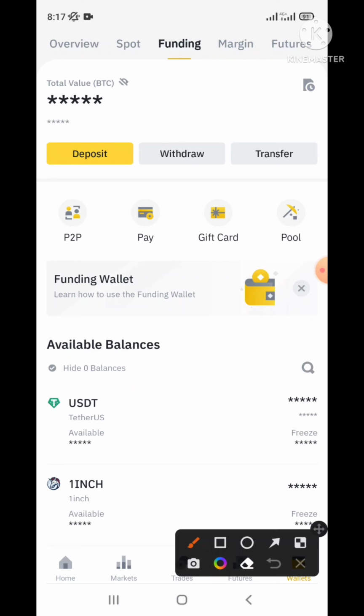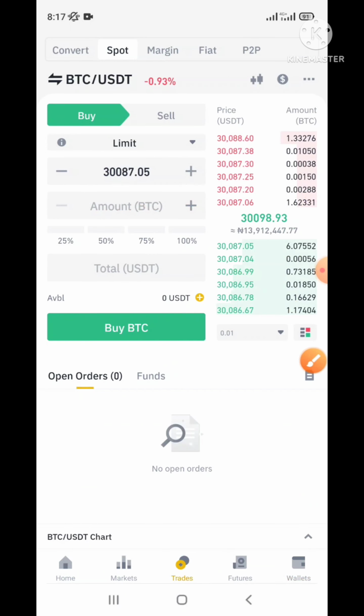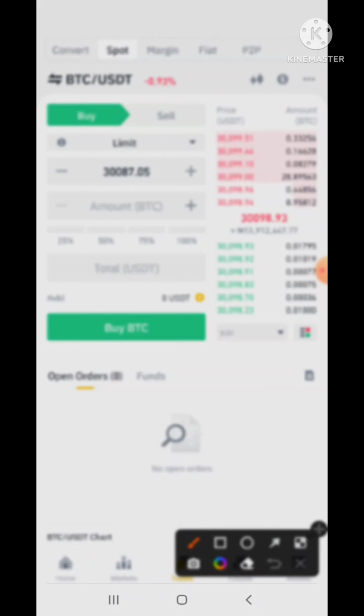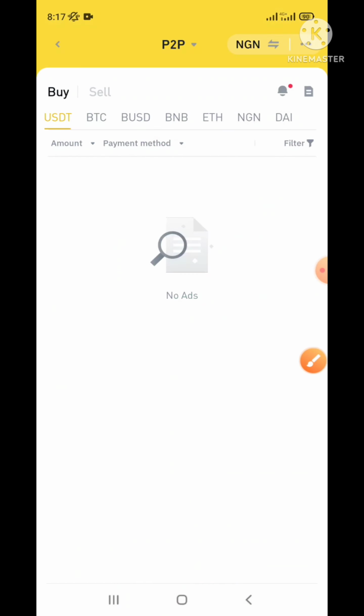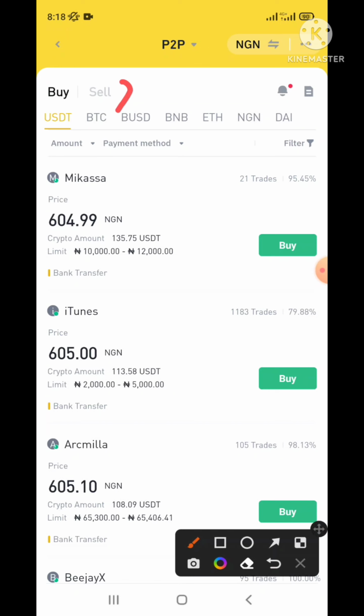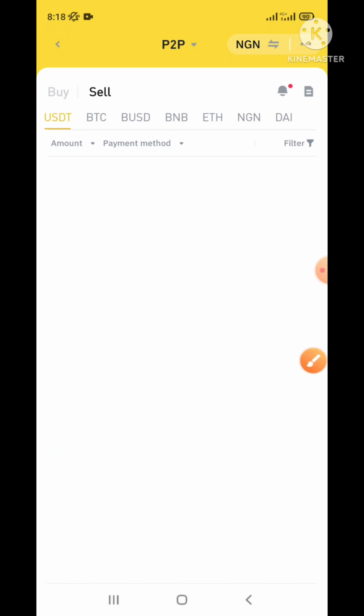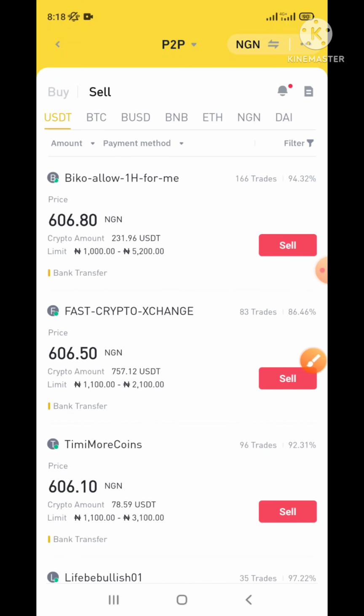So what you can do, go back to trades, click on trades, then click on P2P. Yeah, so this is it, P2P. Then you change it to sell. I change it to sell. Then since I want to sell 5, let me say I had 1 USDT before, which is 6 USDT. Since I want to sell 6 USDT, I have to use my brain to calculate. That should be about